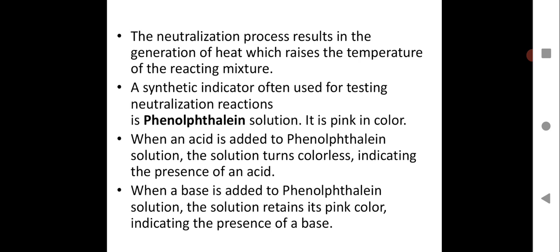This is how a neutralization reaction is detected, because phenolphthalein is colorless initially, and in acid it will remain colorless. You keep adding base, it will neutralize. It will not detect base unless the base becomes in excess, because there is an acid which is neutralizing the base. So when the base becomes in excess, a single drop will give a prominent pink color. This is how the detection of the neutralization reaction takes place.